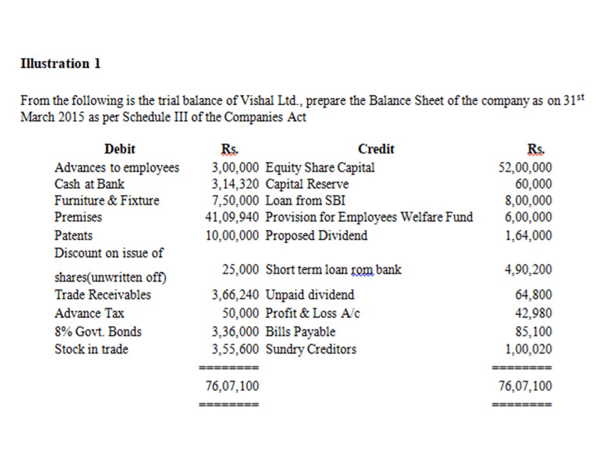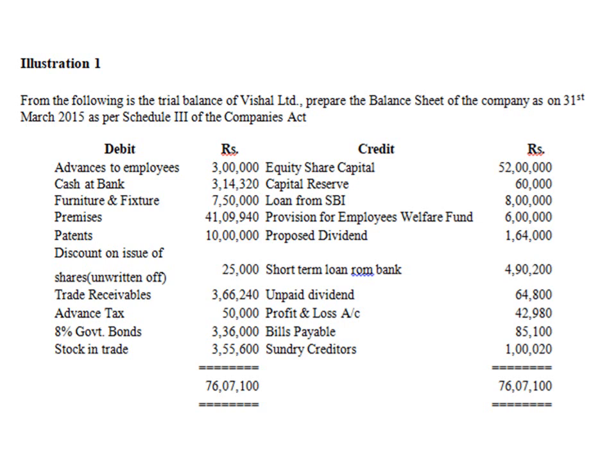Now one by one, if you look at the items on the debit side, these are all the items which we will be recording on the asset side of the balance sheet. That is the second part of the vertical balance sheet. The first part comprises equity and liabilities. Now let us look at the items on the debit side as to under which headings and subheadings these items are supposed to go.